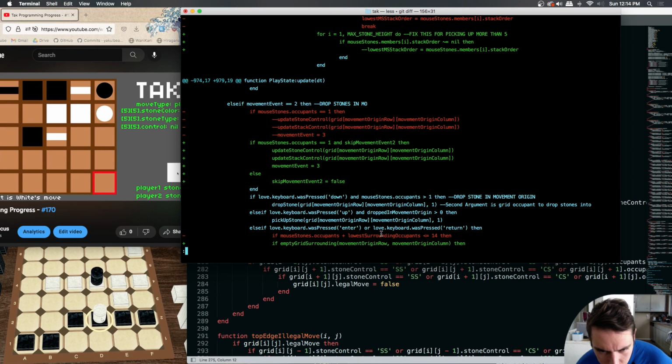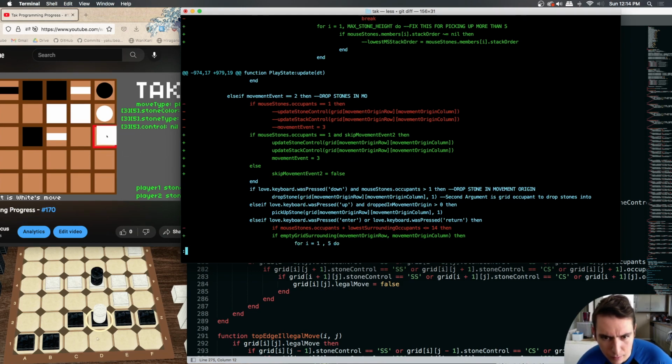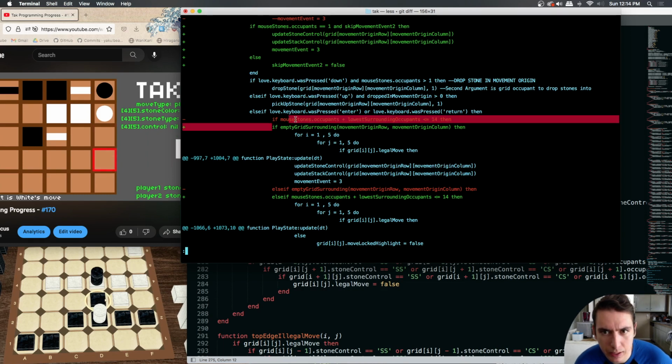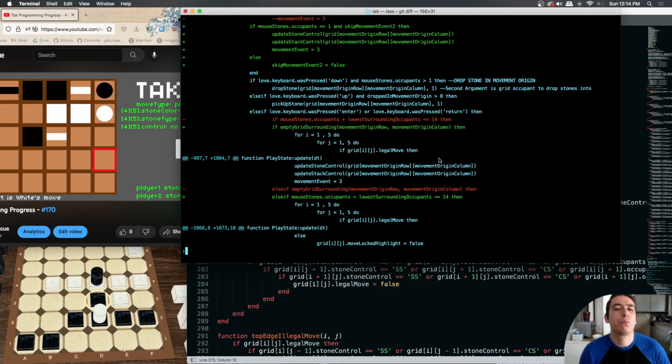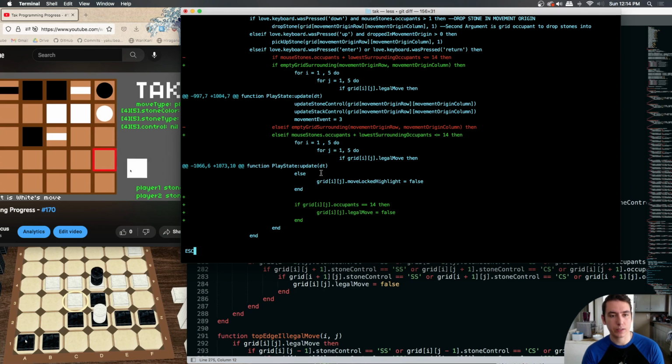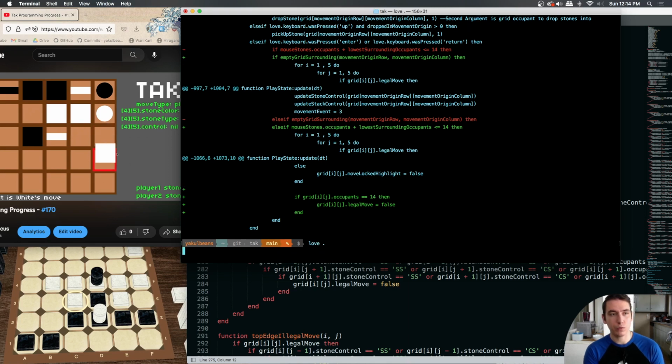Then it looks like we changed some of this. Okay, yeah, then the other thing we changed was we swapped the order of these two if statements, which was previously preventing us from dropping a stone in an empty grid. So all of those things fixed maybe 3 or 4 bugs from yesterday that were just driving me crazy. But now that we're done with that, we can continue on with